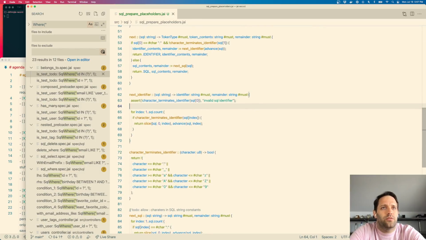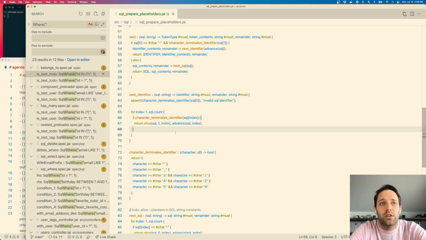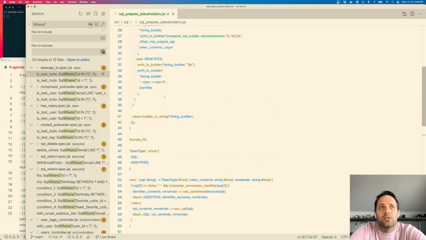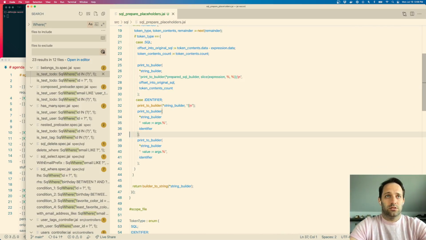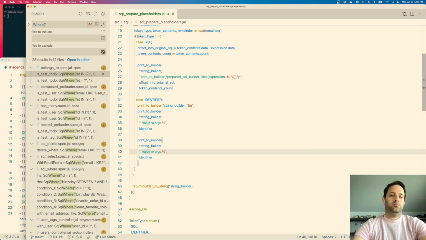This really wants to start from 1 here, right? We want to pull the colon off the identifier. Okay, we've got the value. Now we can say, right, so we could,